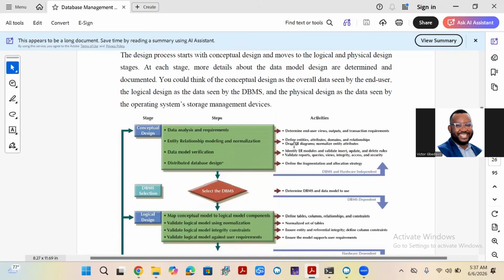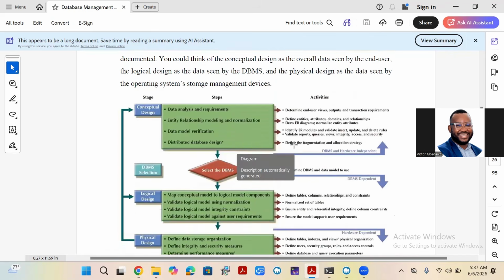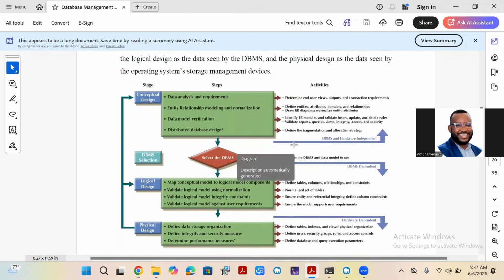And so with the design process, we have the conceptual design, where we have data analysis and requirements, data relation modeling and normalization, data model verification, and also distributed database design. So now this is where we are going to sit down, doing an analysis and then the data relationship. So when we say entity, what are we referring to? The entities are,